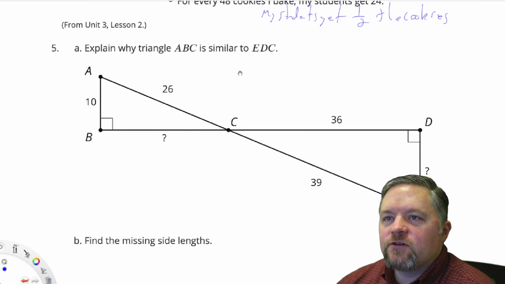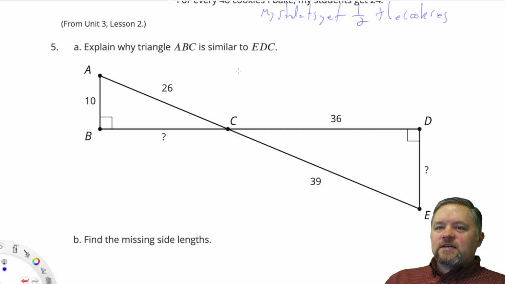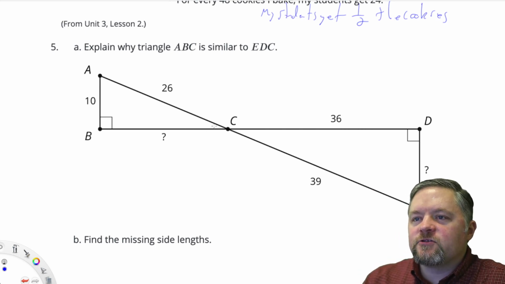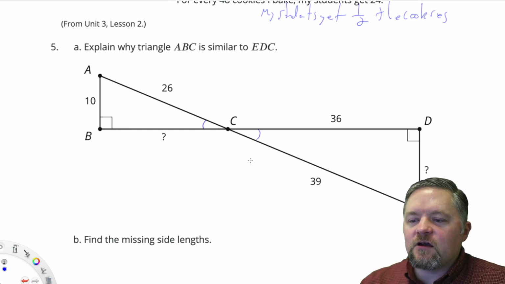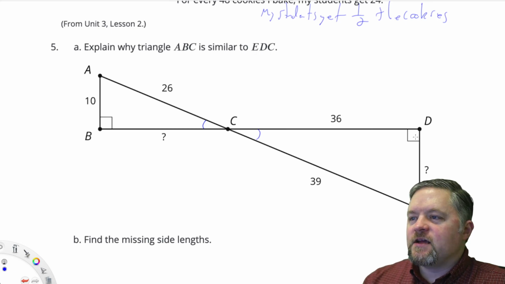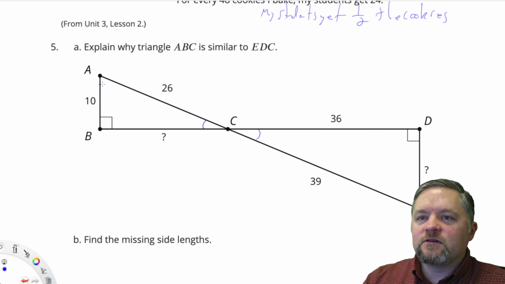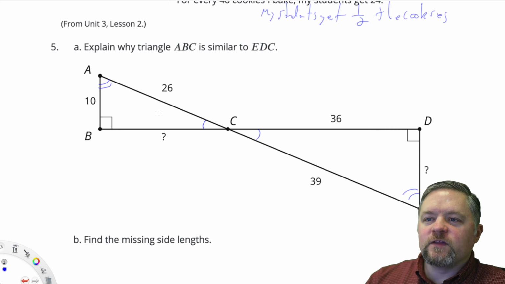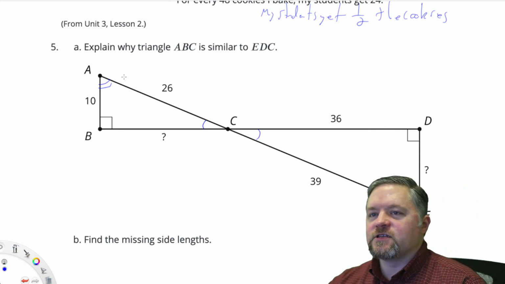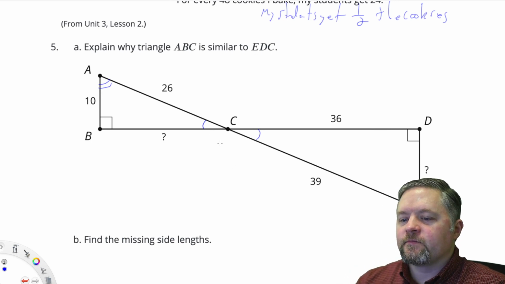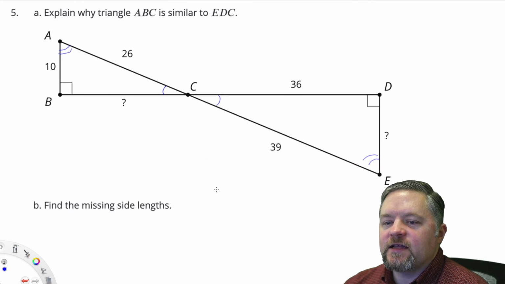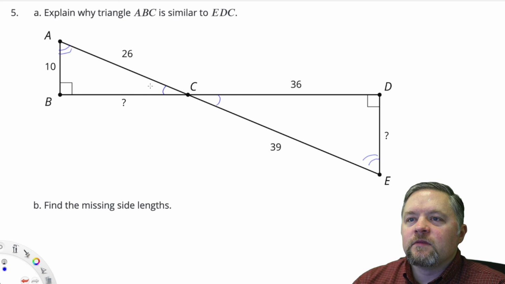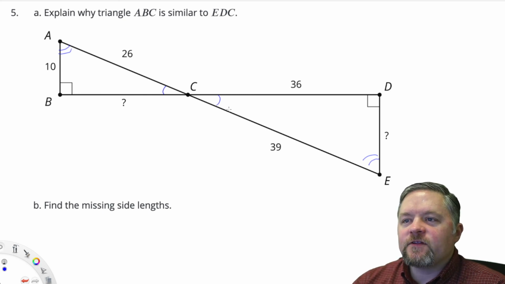Okay, explain why triangle ABC is similar to EDC. Why do they have to be similar to each other? Well, this angle here and this angle here are vertical angles, so they're congruent to each other. This is 90 and this is 90, which means whatever this is has to be congruent to whatever this is, because if we know 2 of the angles are congruent, the third angle has to be congruent, because the angle sum for a triangle is 180. Let me scooch this up a little bit so my head's less in the way. So the triangles have to be similar,